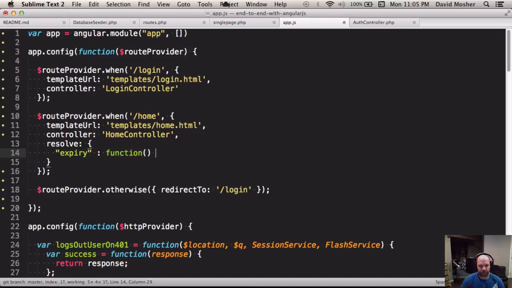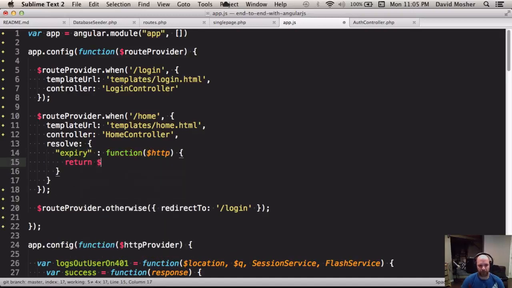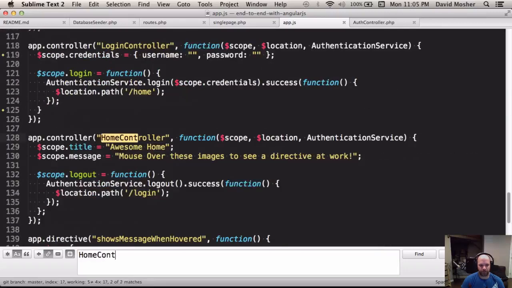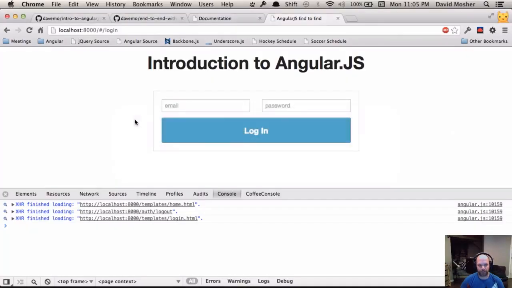And this is going to be a function, and we're going to inject HTTP. And I'm just going to return http.get expiry. So what it will attempt to do is call this function, return the promise, and then assign the value as this expiry key in the controller. So if I go to the home controller and stick expiry in here, it's going to inject that dependency. And so now, if we go back here to login,